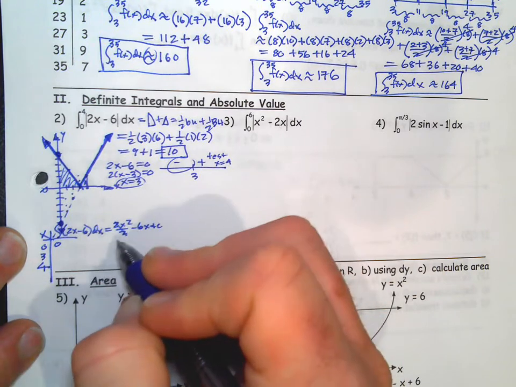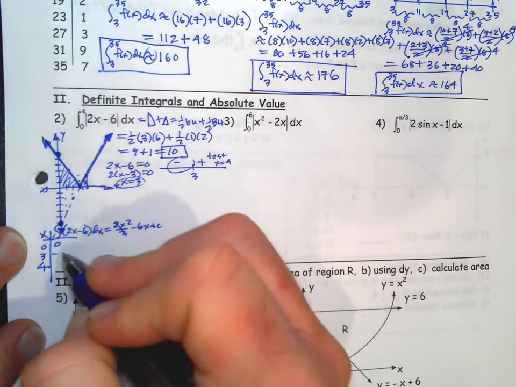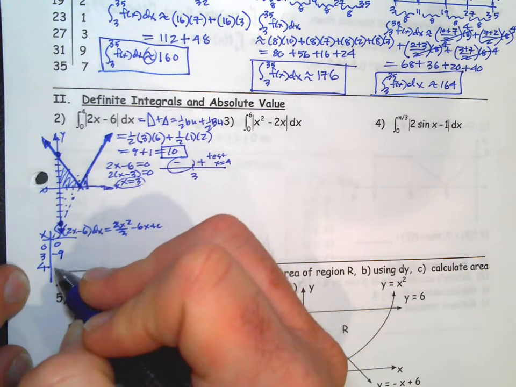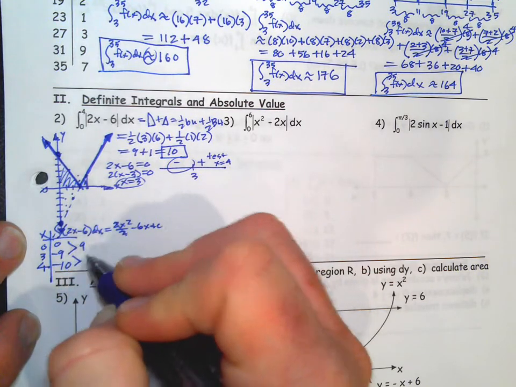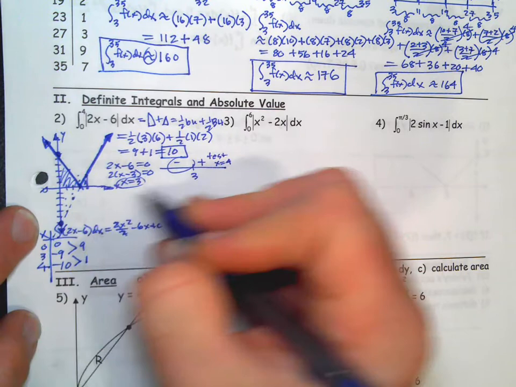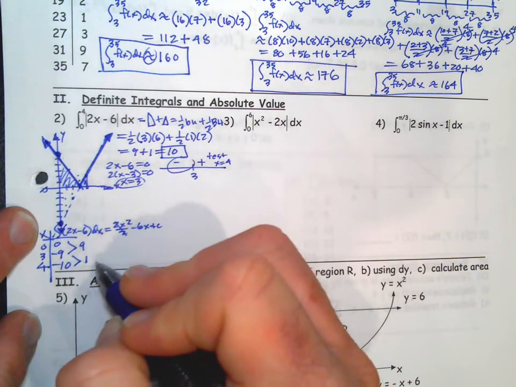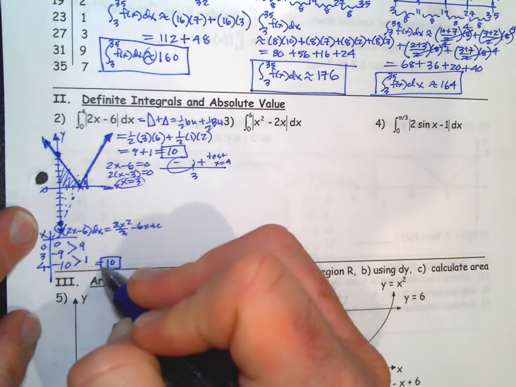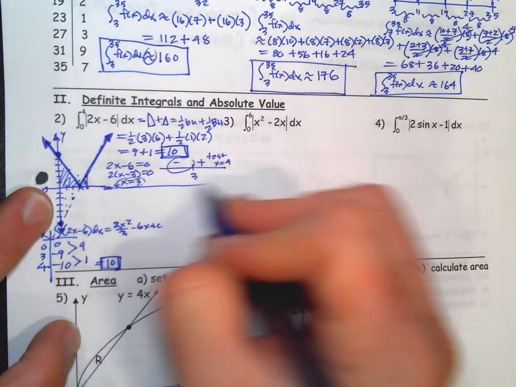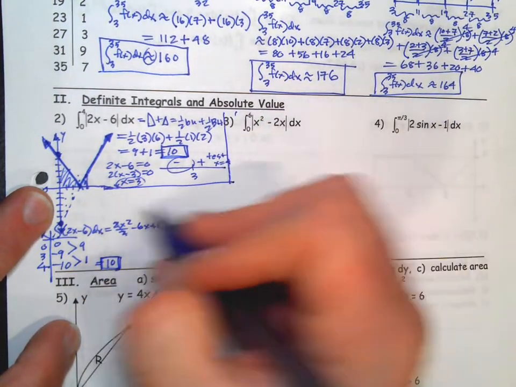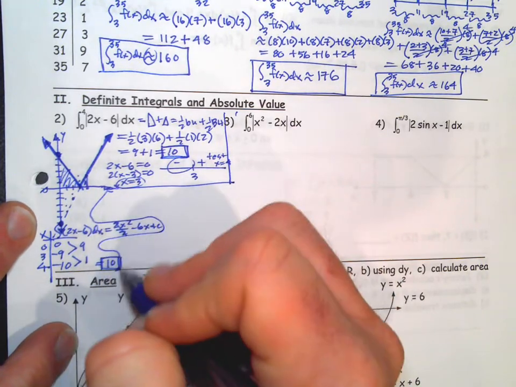Plug 3 in here, you get 9 minus 18 is negative 9. Plug 4 in, you get 16 minus 24 is negative 10. The distance here is 9. The distance here is 1. You add these up and you get 10. Same answer. The other way of doing it, kind of the most straightforward, but also most tedious, is to